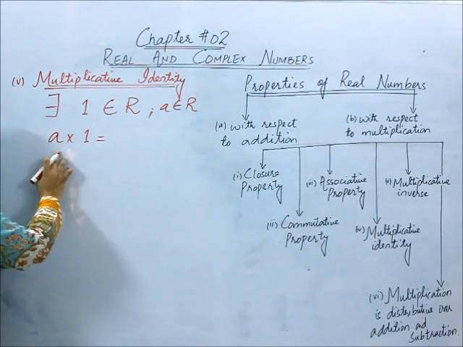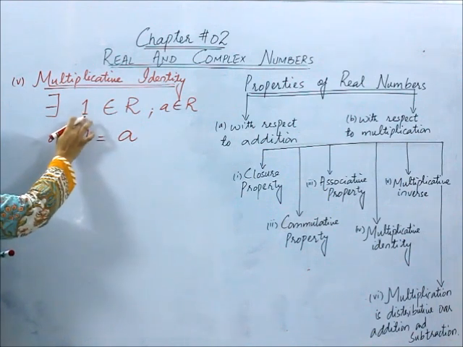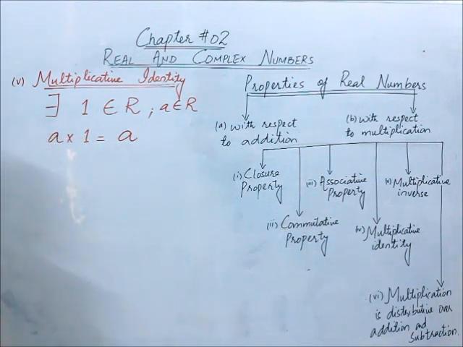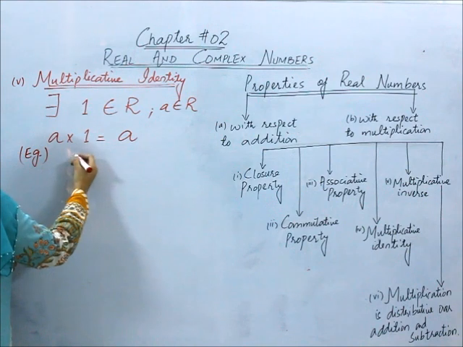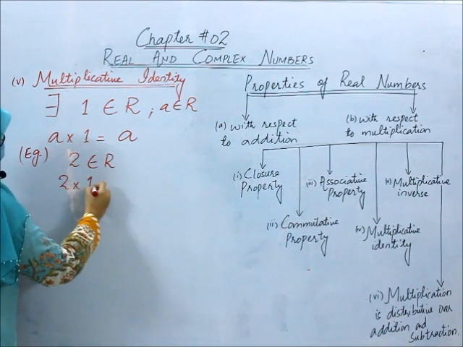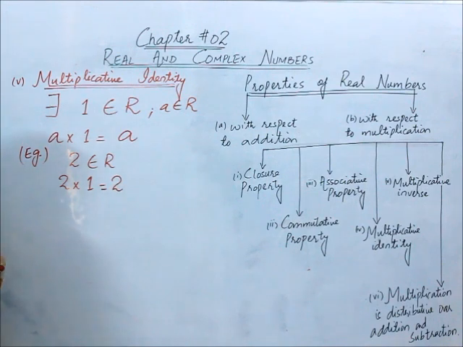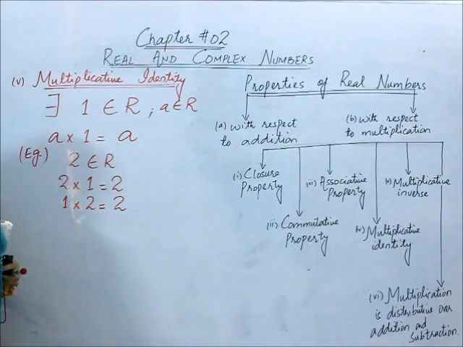That is, when we multiply 1 with A, our answer would be A. So multiplication with the multiplicative identity will not affect the identity of that number. For example, as all of you know, whenever we multiply any real number with 1, our answer is what? That number itself. Or we can change the order as well. 1 into 2 will also give you the number itself as an answer. So this is multiplicative identity.